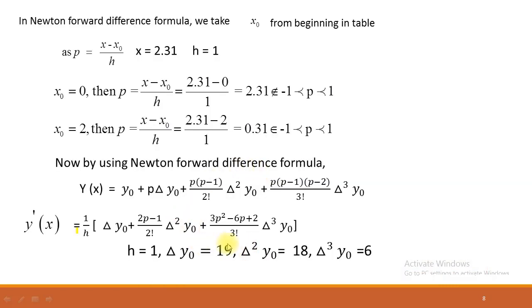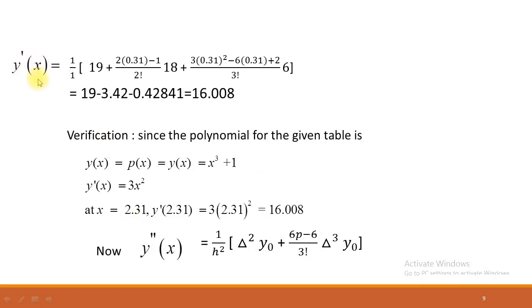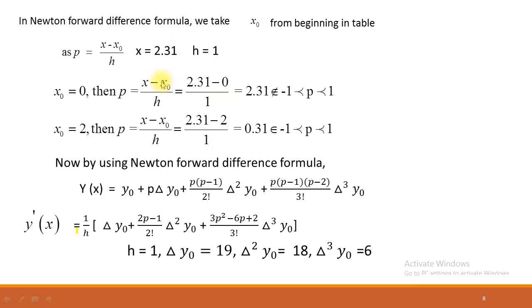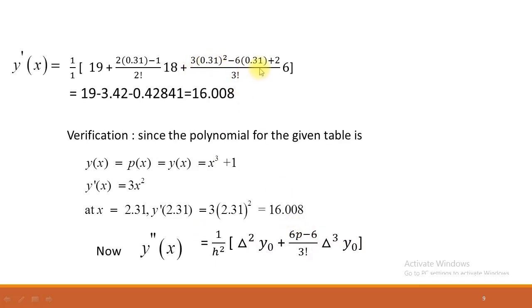Now using these values in this expression, we get the first order derivative of the function at x equal to 2.31, which is equal to 1 over h into [19 plus (2p minus 1) divided by 2 factorial times delta square, plus (3p square minus 6p plus 2) divided by 3 factorial times delta cube]. Now simplify this result. We get 19 minus 3.42 minus 0.42841, which is equal to